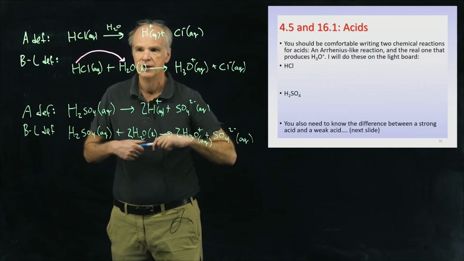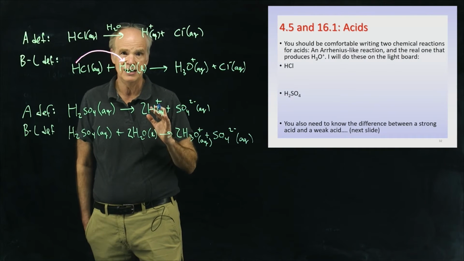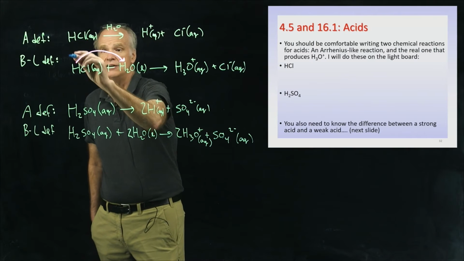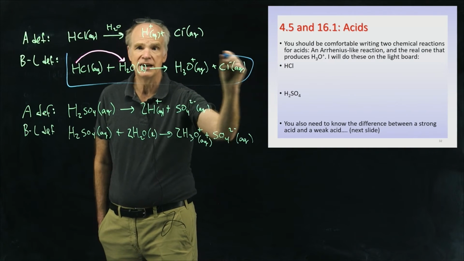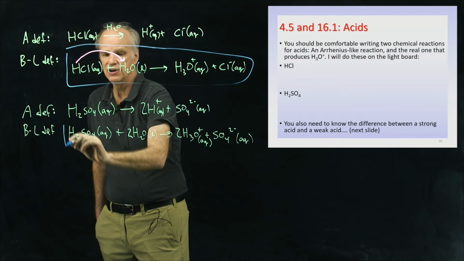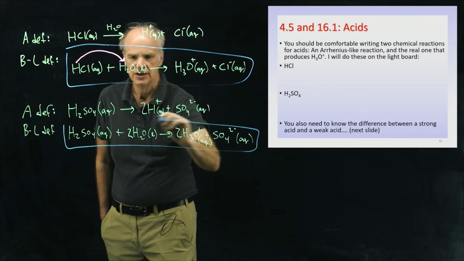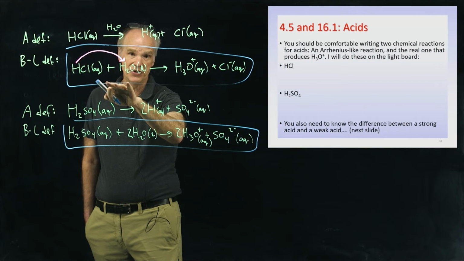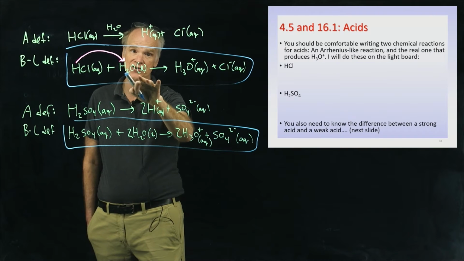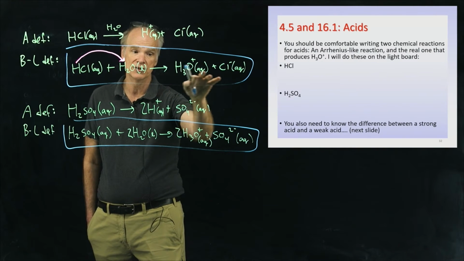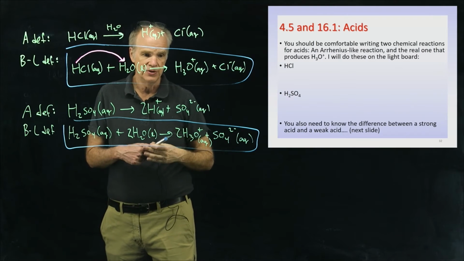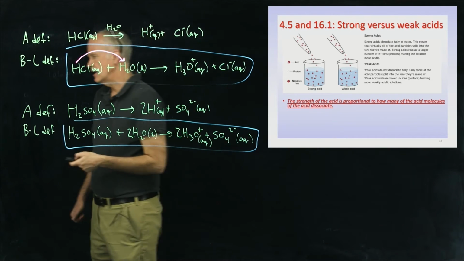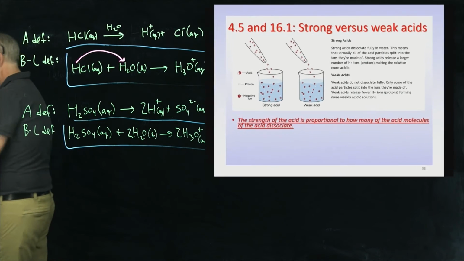to know in class. But what really is thought to happen when you add an acid to water is what I'm highlighting here, the Bronsted-Lowry definition of an acid, where an acid molecule actually releases a hydrogen ion which binds to water to form hydronium and chloride. Okay, so now what I want to do is go over here and talk about the definition